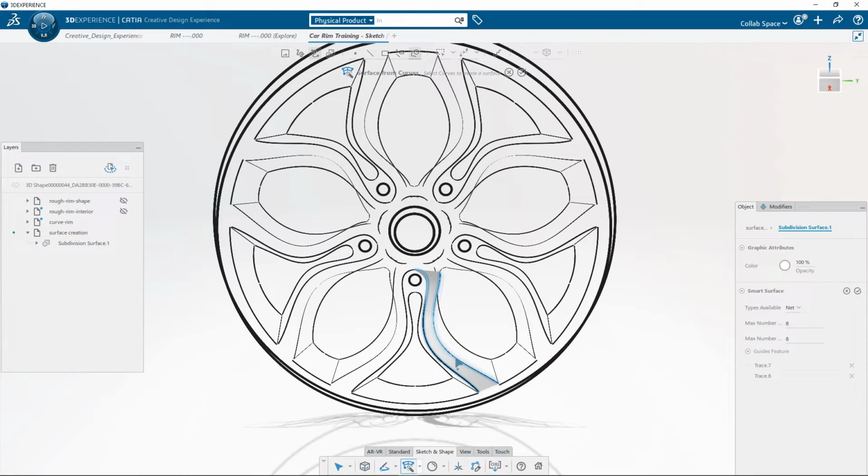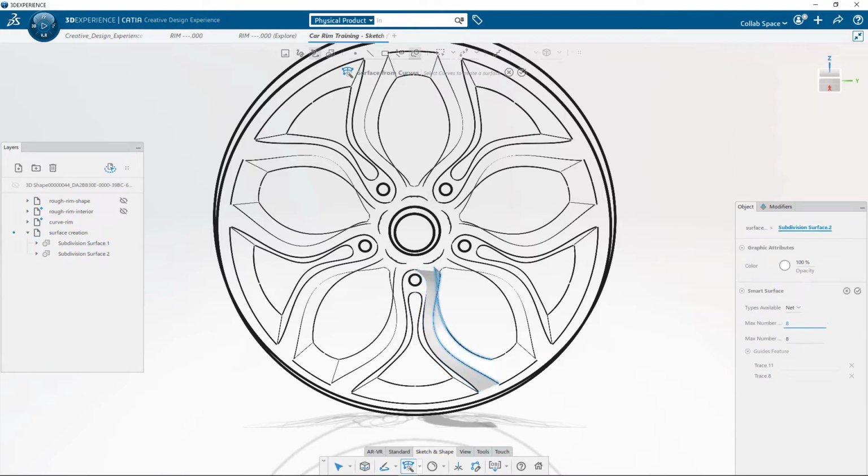Through the Object Properties panel, I access the surface properties, such as the number of sections in both directions, and I try to find the best compromise by simplifying the surface without changing too much the result compared to the original curve shape. I then validate and I launch another Shape from Curve operation.